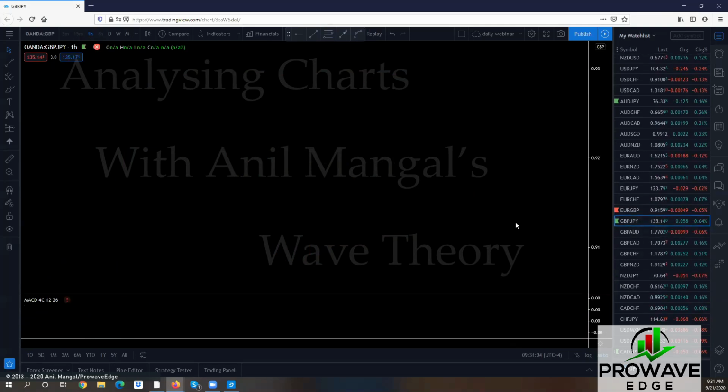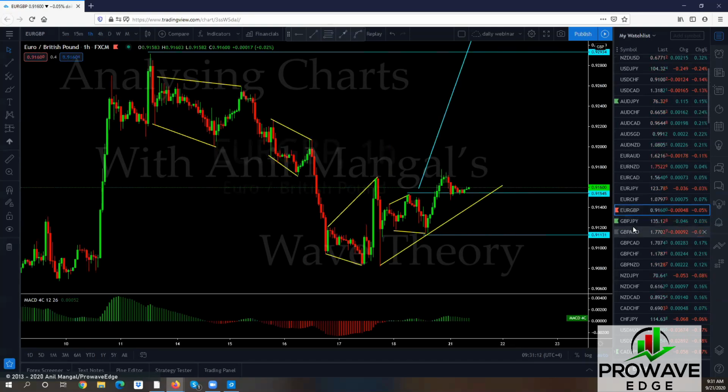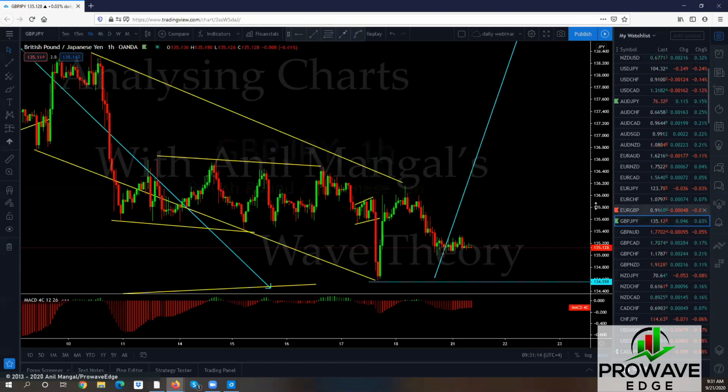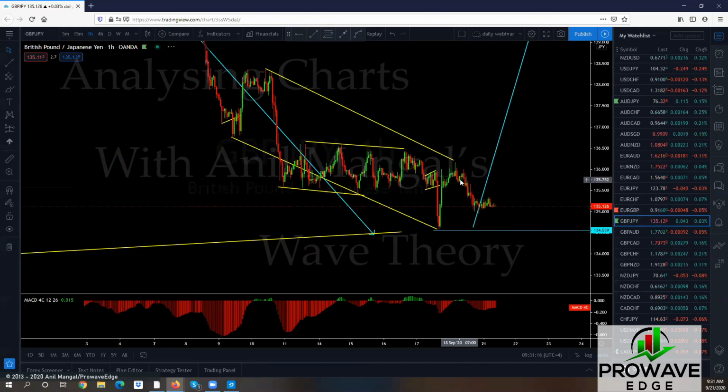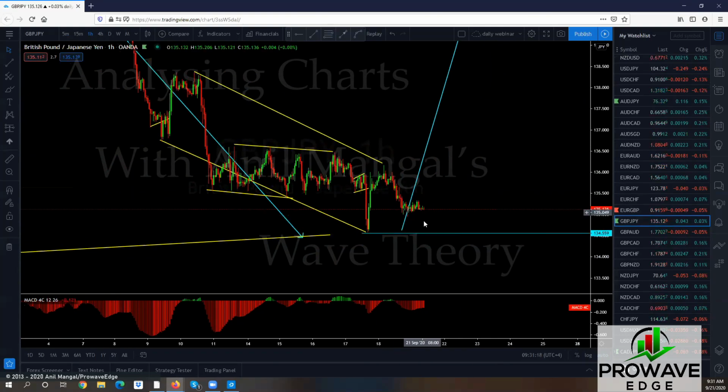Okay, just what happens to my Pound Yen chart? Let me go back to the Euro-Pound. Euro-Pound is there. What happened to Pound Yen? Oh, it came up now. Great. So Pound Yen, we want one more low, and then we're going to buy it. So we want this thing to retest the low here one more time, and then we'll look for a buy,